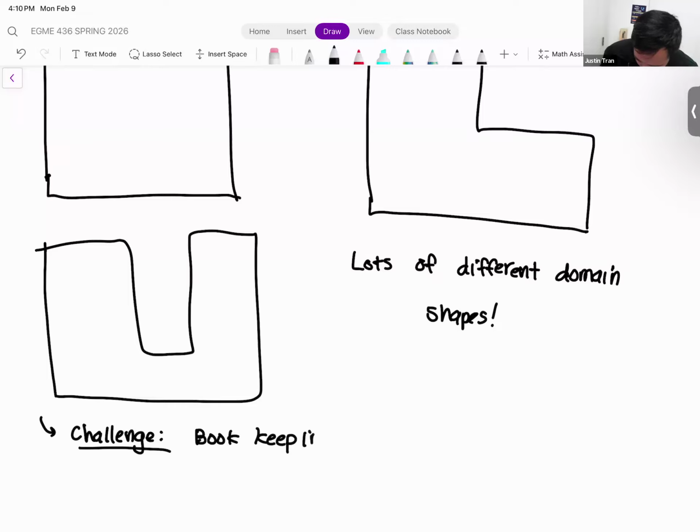Okay. So I'll just put an umbrella term over it: the challenge with 2D and 3D is more on the bookkeeping. You'll see that even for a very straightforward domain, even for a square domain, there's a lot more that we have to do to stay organized and make sure our equations are correct, compared to 1D. And then by the end of this week, on Wednesday, we'll introduce the concept of what's called an unstructured grid,